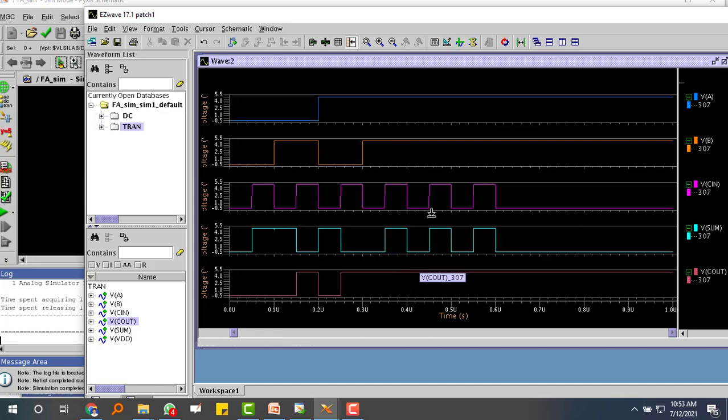So this is the truth table which we have converted into a schematic waveform.